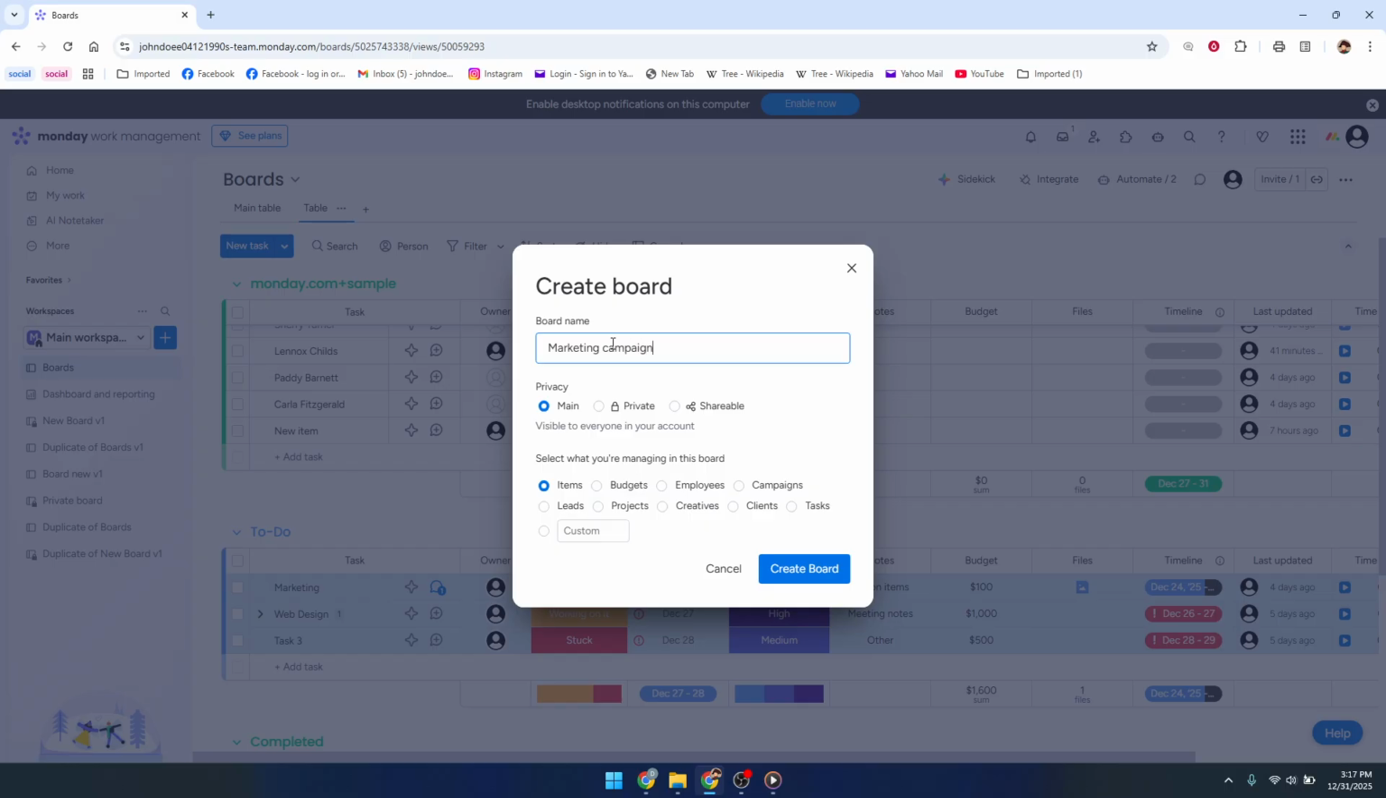This is important because it controls who can see and access the information inside. You'll usually see three options: main, private, and shareable. A main board is visible to everyone in your account or workspace, which is great for team-wide projects. A private board is only visible to you and the specific people you invite, making it ideal for sensitive work